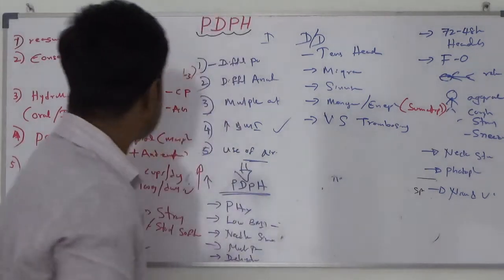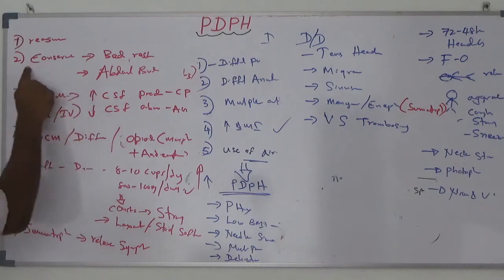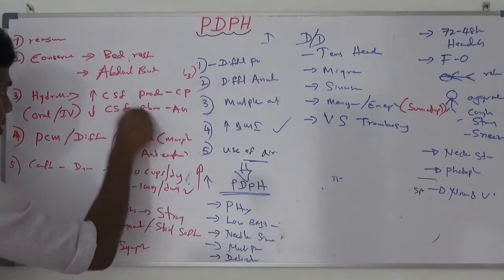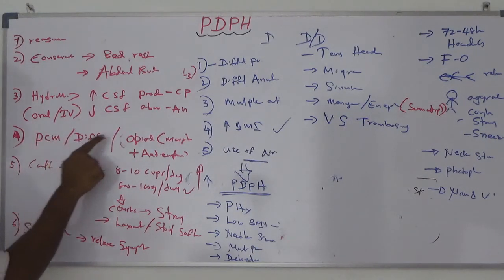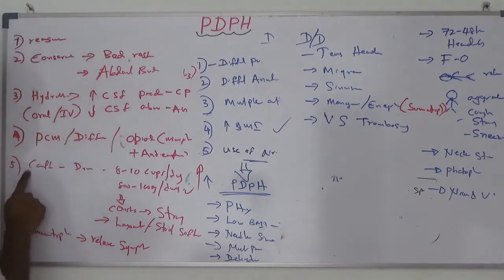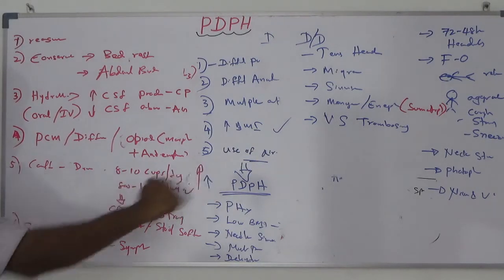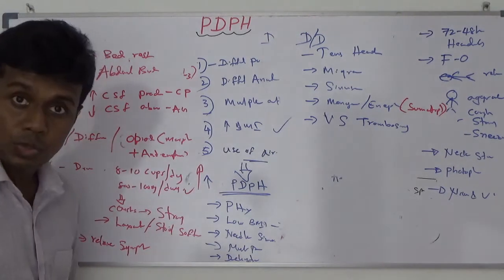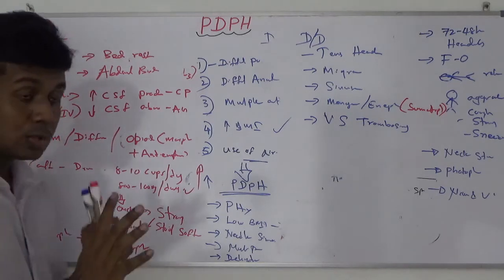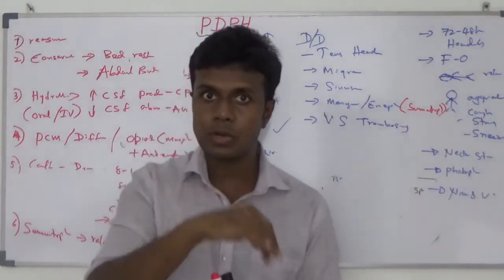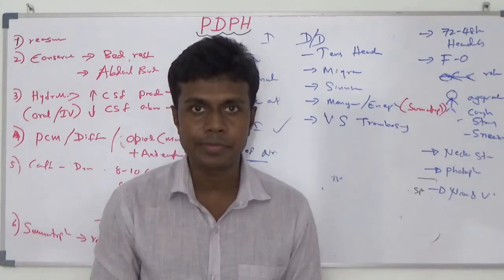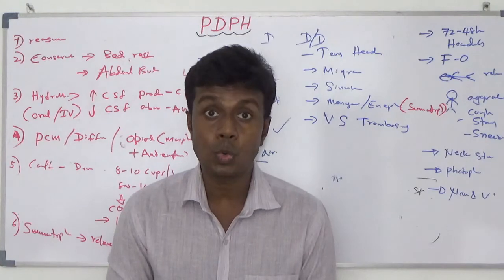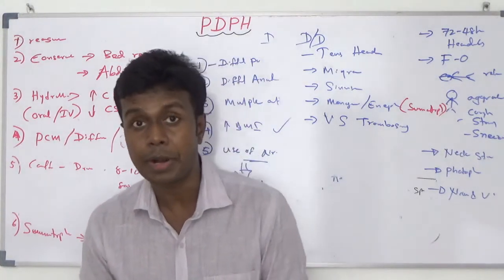So what you can do is reassure patients. Then the conservative management: bed rest, abdominal binder, hydrate to improve the CSF production and reduce the CSF absorption. Paracetamol, diclofenac, opioid with antiemetics. Increased caffeine amount, 6 to 8 cups per day. If your patient develops constipation, consider a stool softener, and sumatriptan. Those are the pharmacological and conservative management of post-dural puncture headache. With those things, if your patient does not improve, you can consider an epidural blood patch.